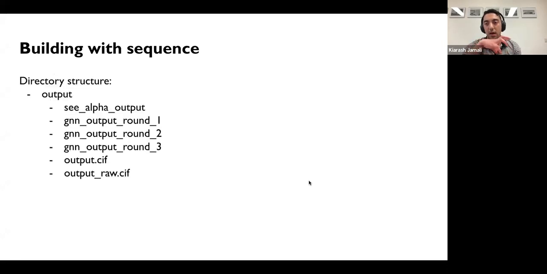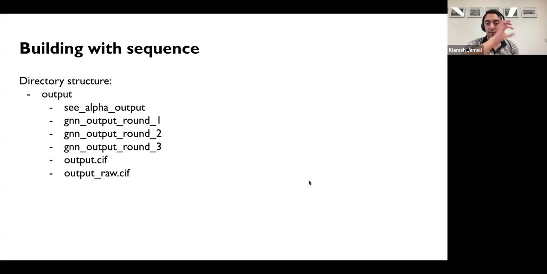What the output directory structure looks like once it's done is something like this. You get your output directory, and inside are 4 folders: the C alpha output, and then a GNN output for rounds 1, 2, and 3. I didn't really mention it, but the GNN has 8 layers. Once it's gone through the 8 layers, that's basically 1 round of the GNN.